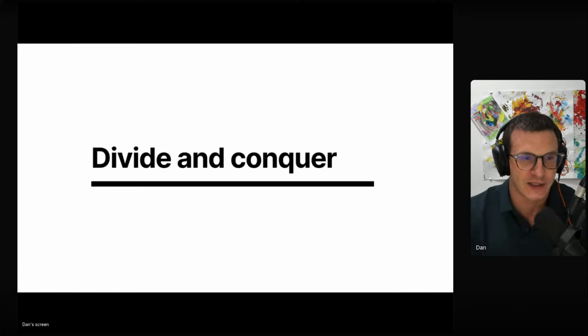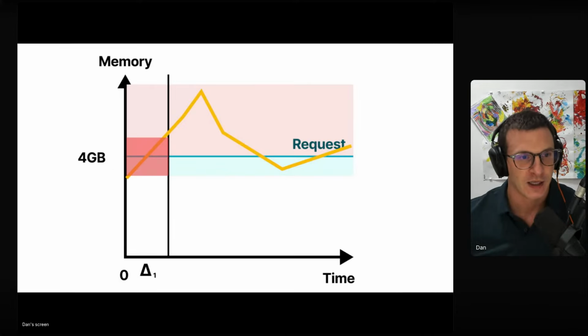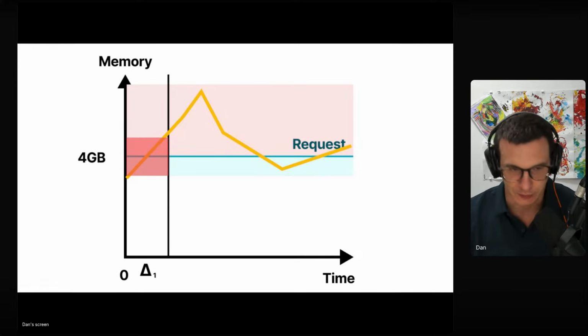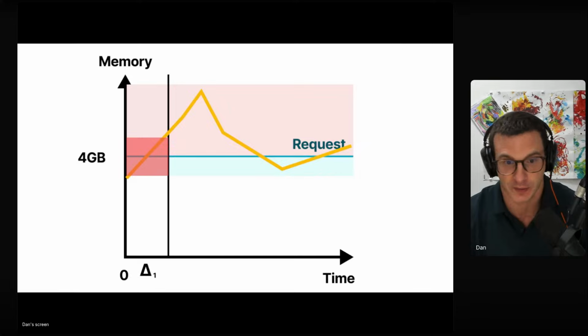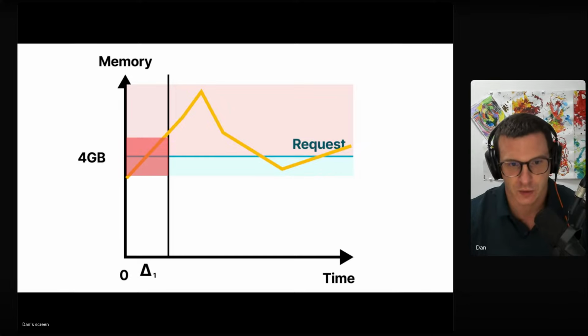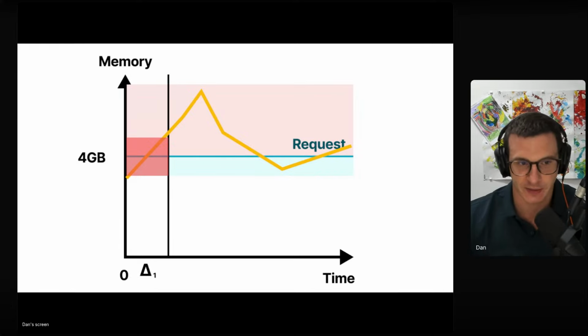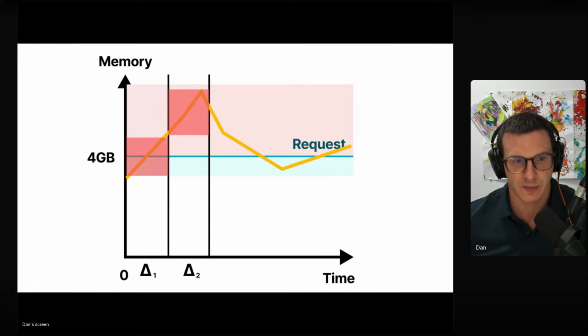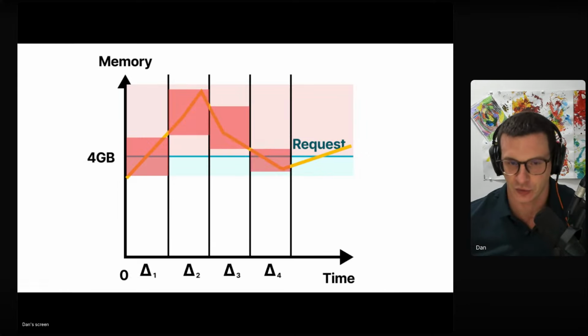But how do I get to ideal? How do I set my request and limits knowing that I don't want to have great variations? It turns out that if I've got large variation and I don't know what my requests and limits are, instead of just setting one request and limit, I could divide my time into periods, and say, okay, I'm going to evaluate period 1, period 2, period 3, and so on and so forth.